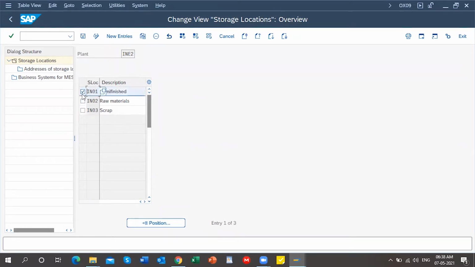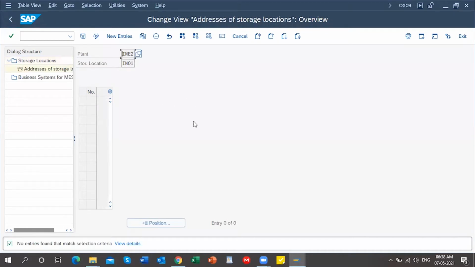Just select this. IN01 semi-finished store location, and here you can observe the option for the address of the store location. Just double click on that.